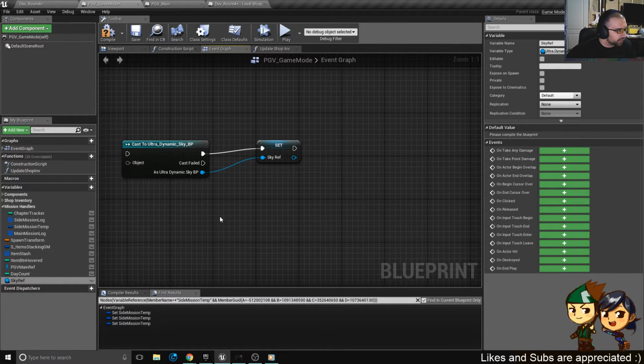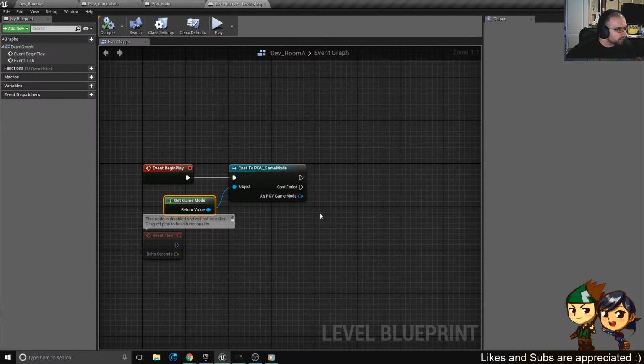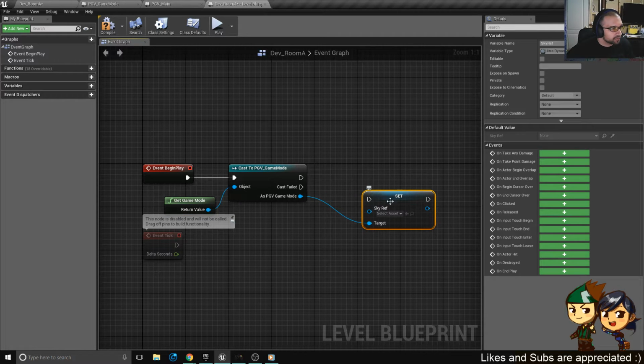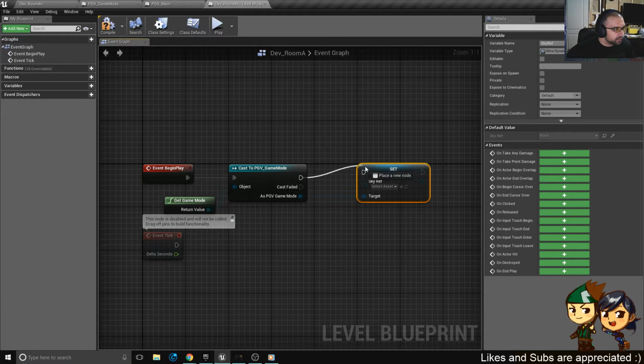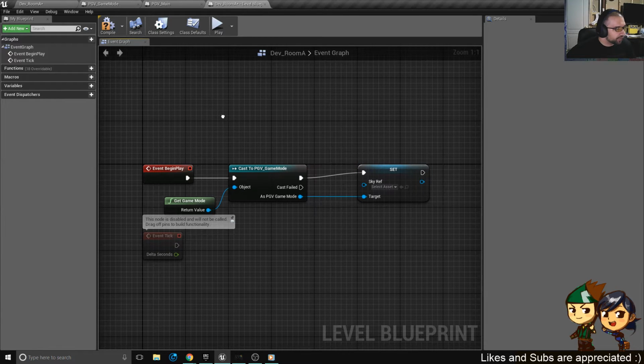I think that's pretty self-explanatory. And we can delete both of those off our graph and save and compile. What we want to do is just create a reference of that actor type. And from here, we should be able to set sky reference. And I think, actually, we have to